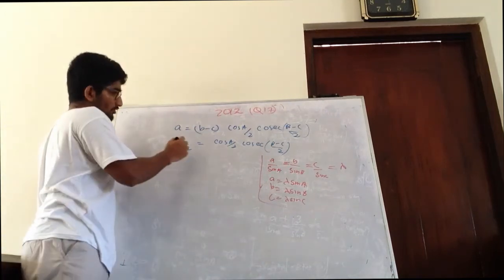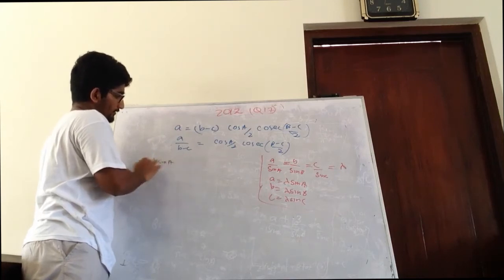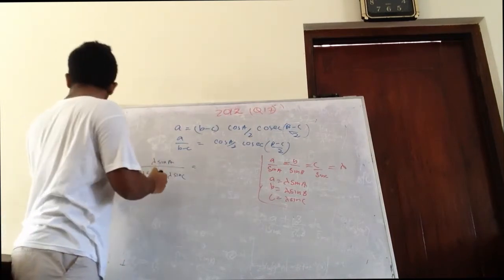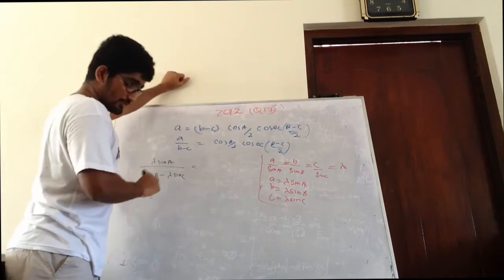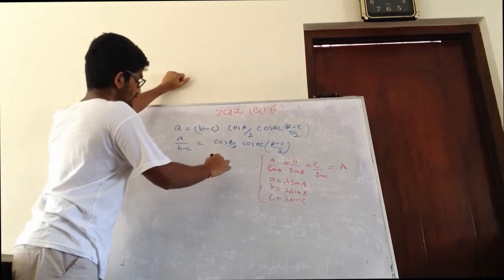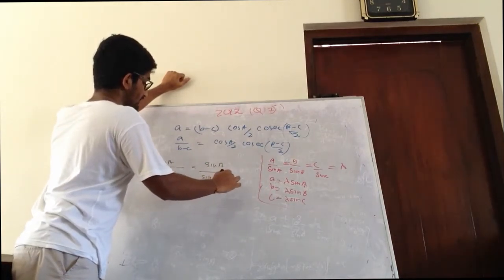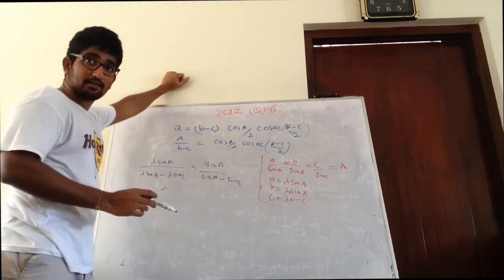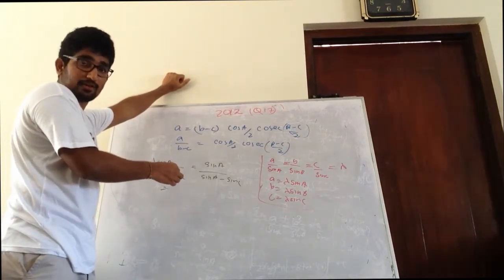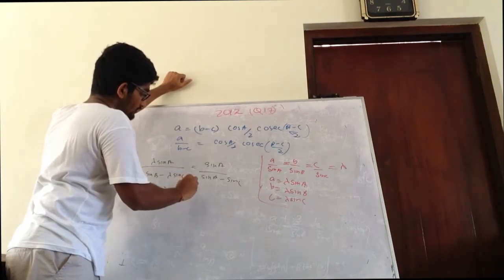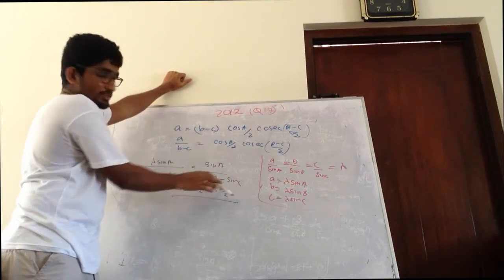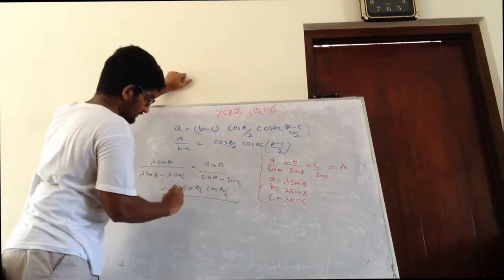So now A is what? Lambda sin A, and B minus C is lambda sin B minus lambda sin C. Correct? So now lambda is omitted here. So it's basically sin A over sin B minus sin C. Now sin A I can expand using the half angle: 2 sin A over 2 cos A over 2. Now these are reductions of sines. You can write that as what?